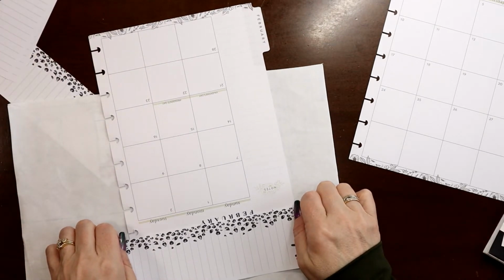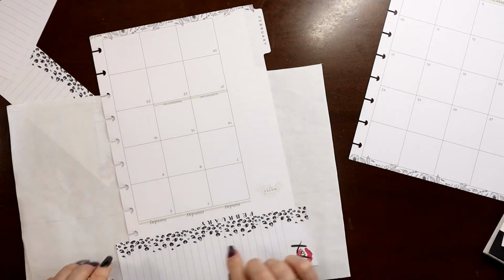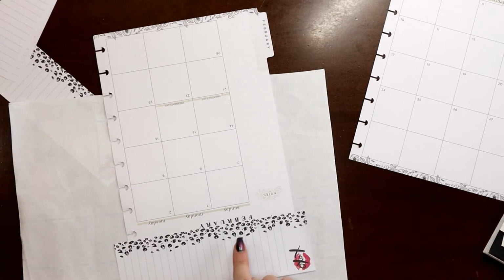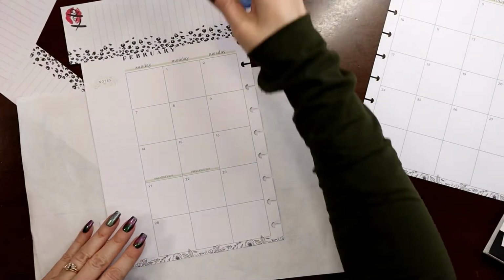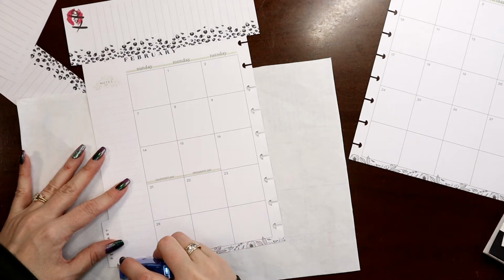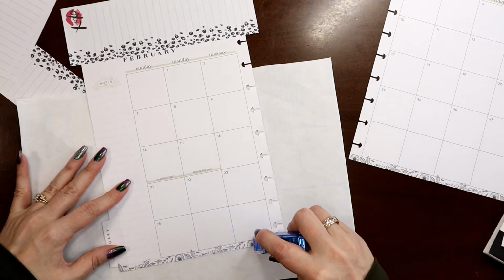So if I come to about the top of February and hopefully keep it straight, then when I trim it off, I shouldn't end up with too many of the lines. And the one down here is going to be pretty thin, but that's okay. I don't mind. It'll be a little weird going over the tab here, but